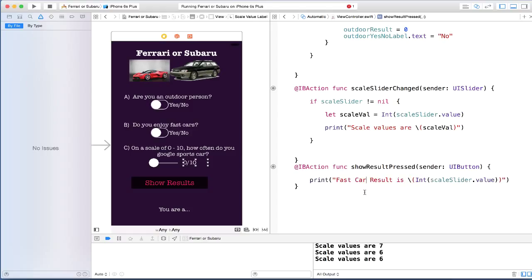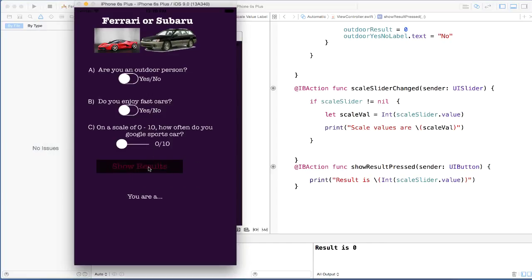There it is. So now when we run this, we should be able to click on show result, and we should get, let's just get rid of this for now, and we should get indeed the current state of our slider here. Okay, let's go ahead and run. Okay, let's say show result, say the result is 0. Let's move a little bit there. Show result, say result is 1. Let's move all the way, and result is 10.